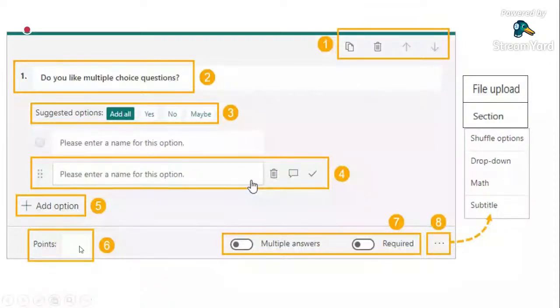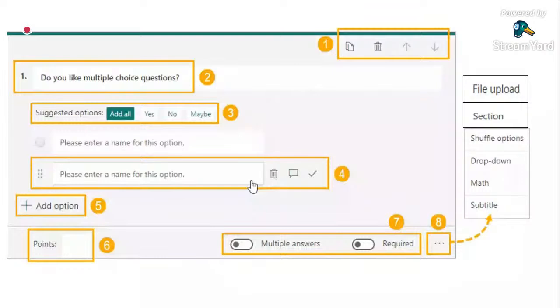If that question has two or more answers, you can take this one. And if the question is required for the students to answer, you just tick this required.